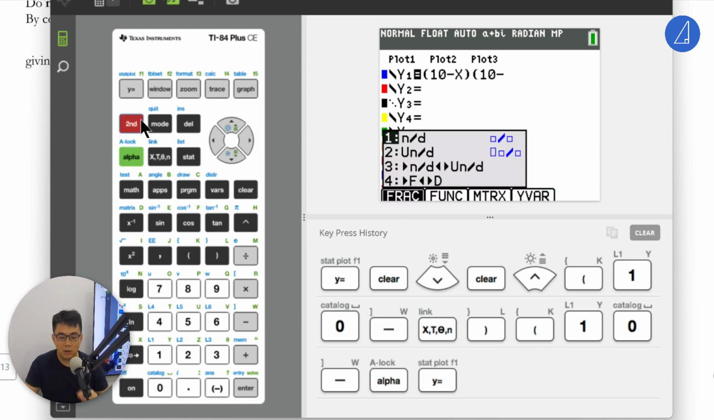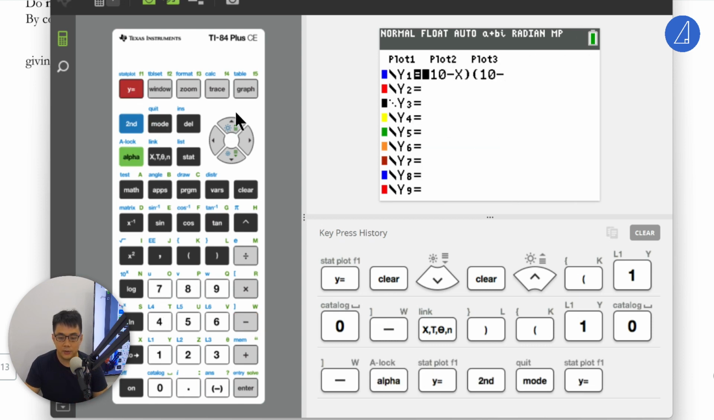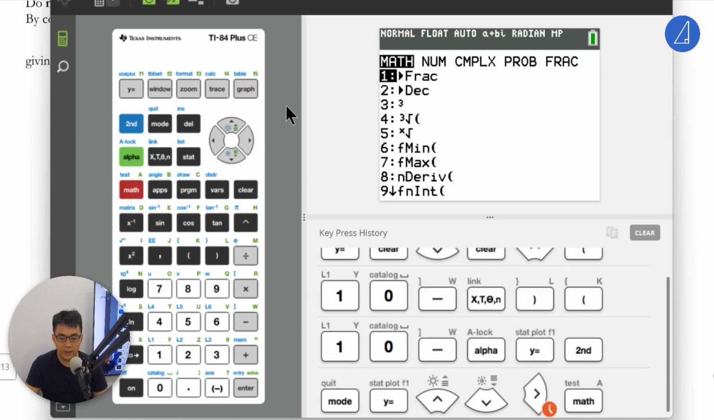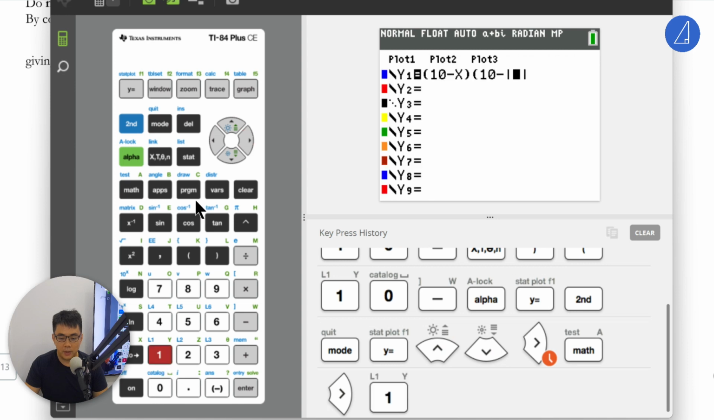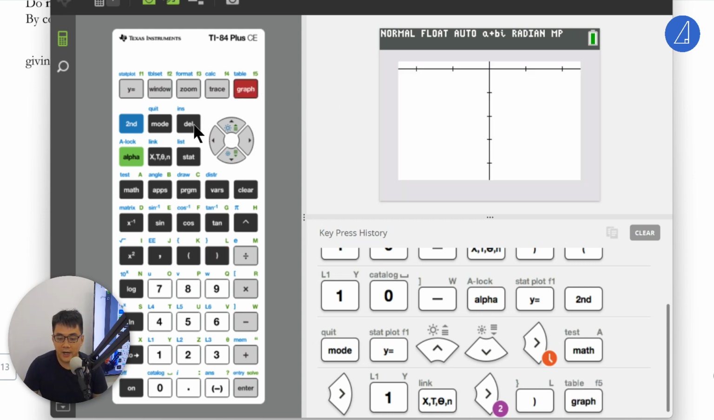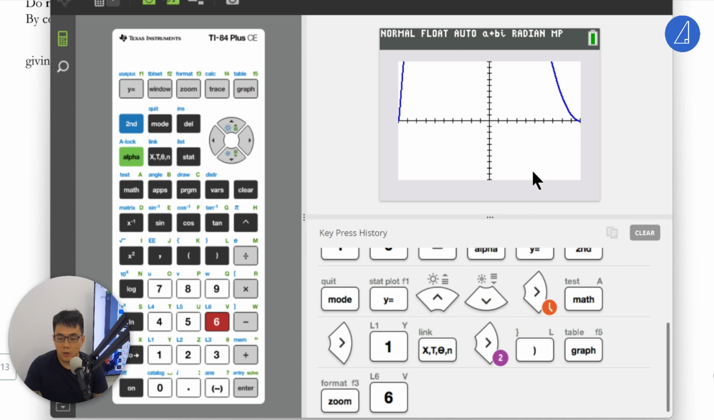I think the first thing, mod, remember, is under math. So mod is under math. Then you go to num, absolute. Then you just put x here. Then close bracket. Okay, this is the first one. Shouldn't be an issue here because once you graph it, zoom standard, you get,